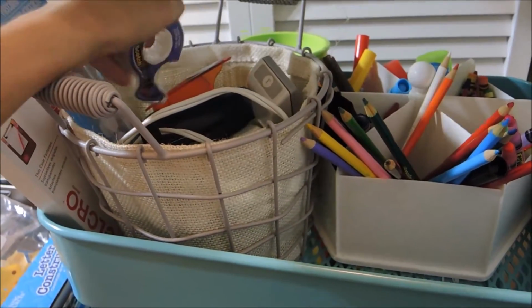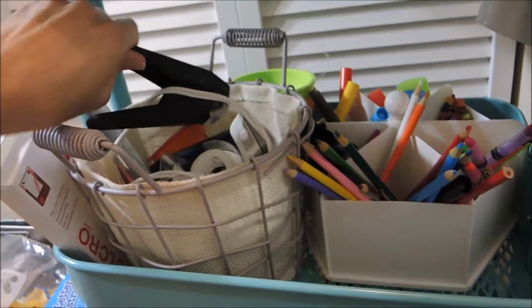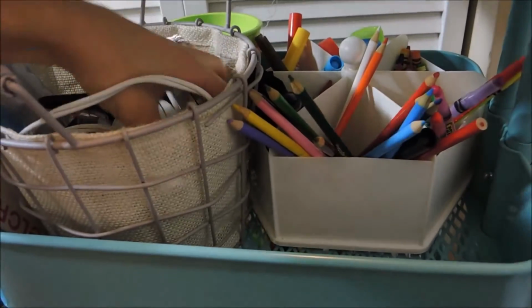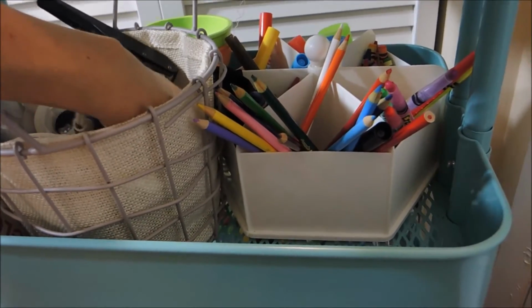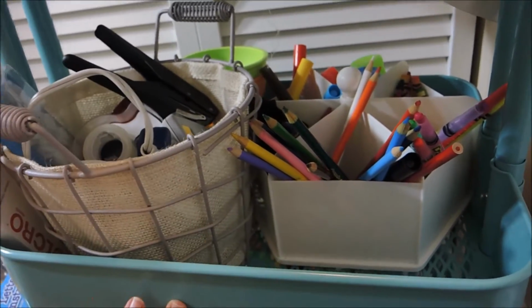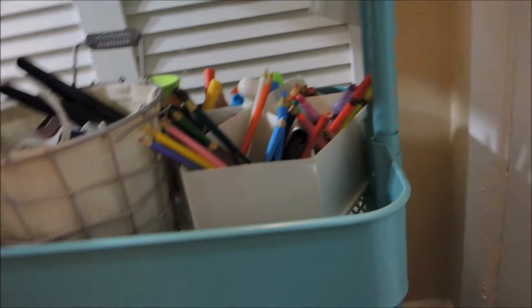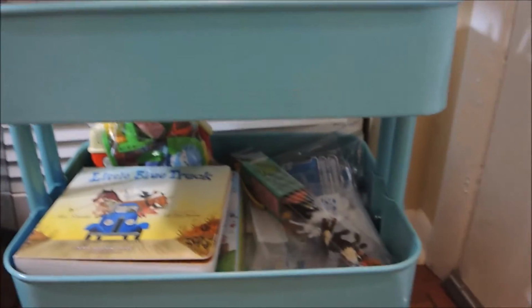I keep tape in here, my hot glue gun, and then this hole punch I also need to use for a lot of the activities, so I just keep it in here. I think that's it for in here. Yeah, and just tape. So these are like more things that I need to prepare, but it's very easy for me to access here. And then on the bottom shelf, this is where I keep like the actual theme things